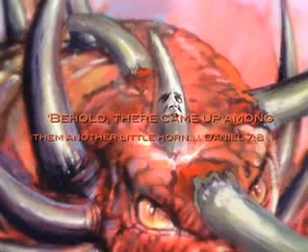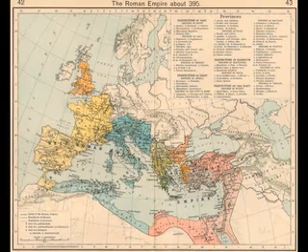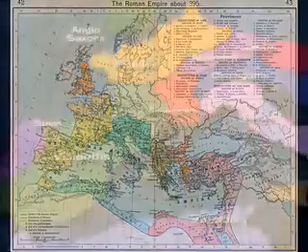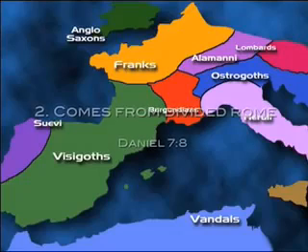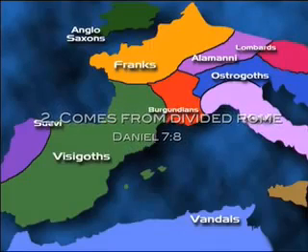Among them. Who's them? Them is the 10 horns, and the 10 horns are the nations of divided Rome, or today what we would call Europe. So this power has to come up among the European nations. Okay? Has to come up among them. So if we're looking for the Antichrist to pop up in Tokyo, you're looking in the wrong place. It has to come up among the nations of divided Rome, what we today call Europe.